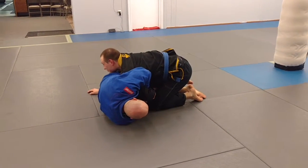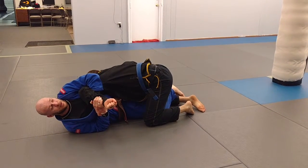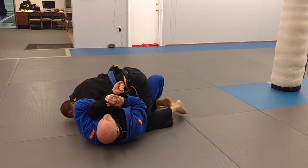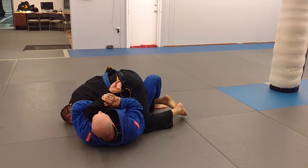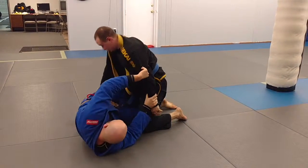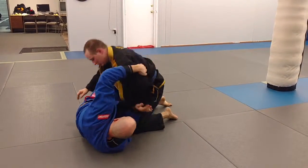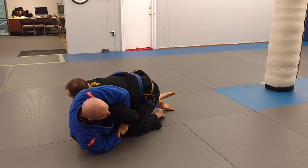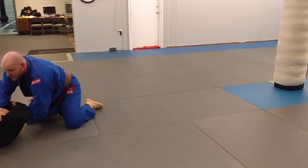Glue everything nice and tight, your whole body. Here, and then extend to free my hook, scoot in right away, and then turn your body this way. We'll go over another sweep, kind of a preview for next week. If you end up here and you get your butterfly hook in, we're going to come here, release our bottom hook, pick them off this way, and then finish with more of the